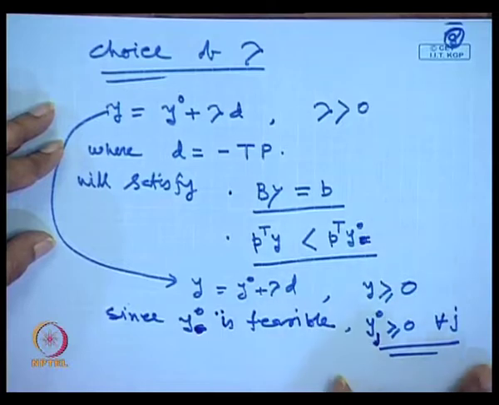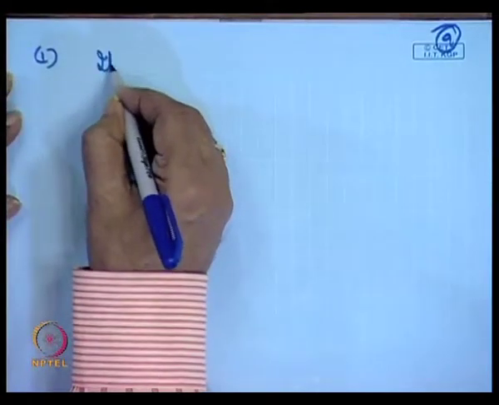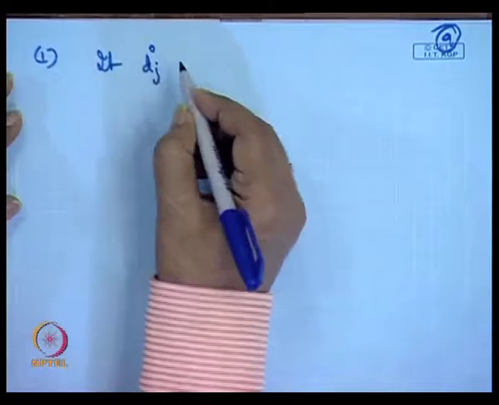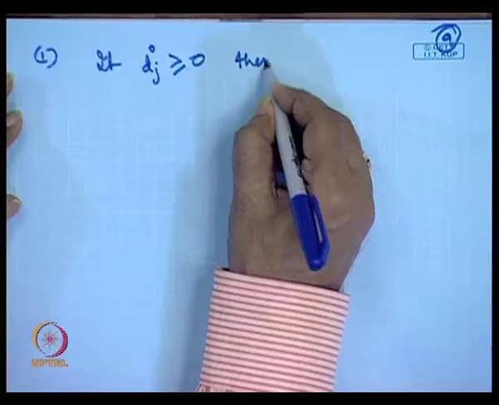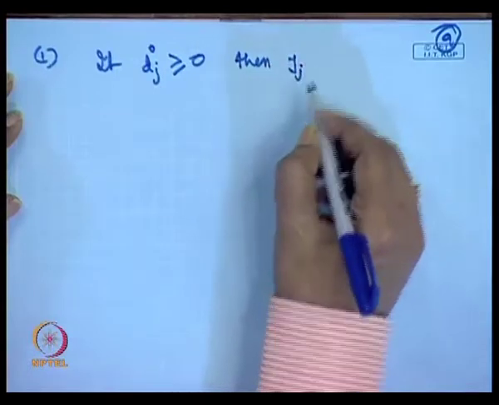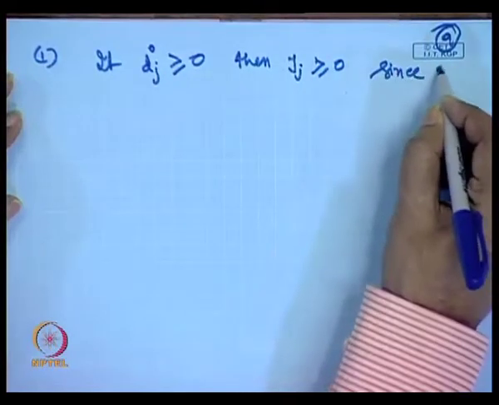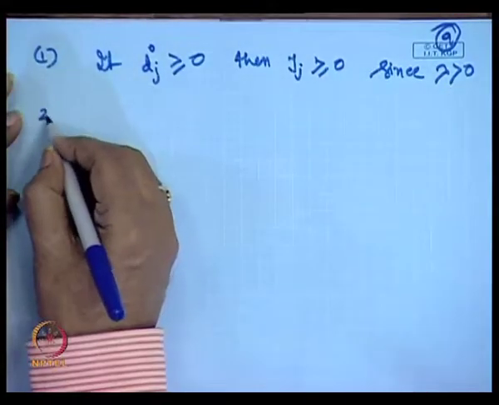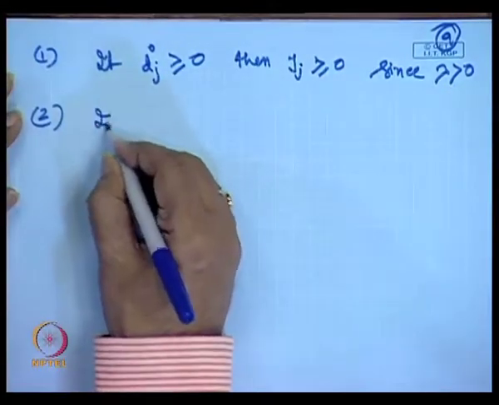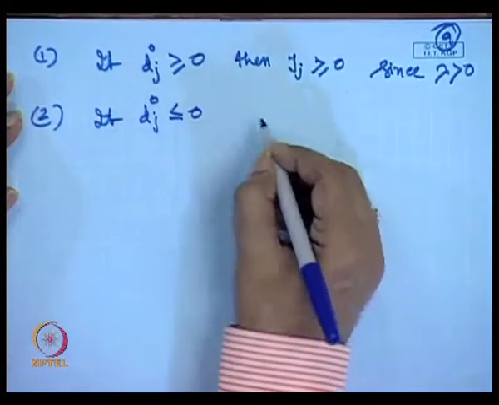This implies feasible. Now, there are two situations I have considered. The first situation is, if dj of 0 is greater than or equal to 0, then yj will be greater than or equal to 0, since lambda is greater than 0. This is straightforward. The second situation is, if dj 0 is less than or equal to 0, then